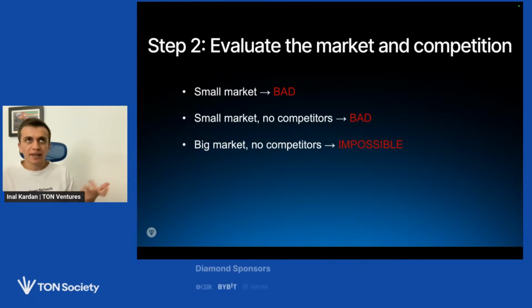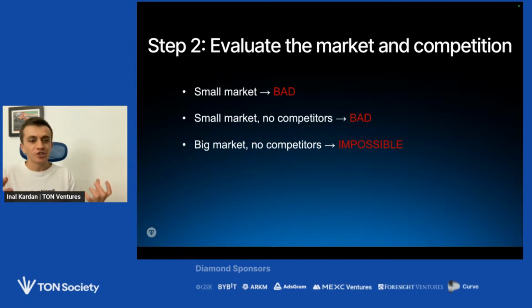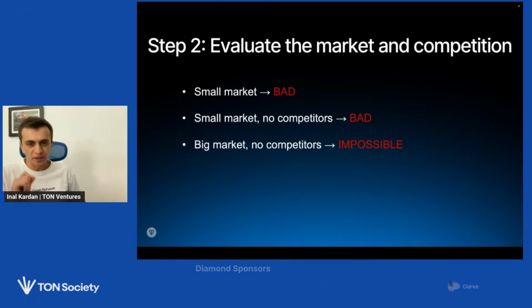Usually, if you think, hey, nobody tried to solve this, there are no competitors and a huge market, and we do not have any technical inventions, usually you're doing something wrong. You have some issues with the way you think, because usually it is impossible without some breakthroughs in technologies.